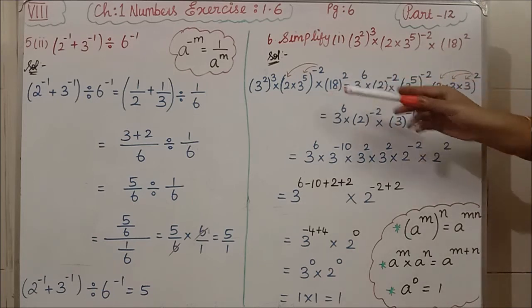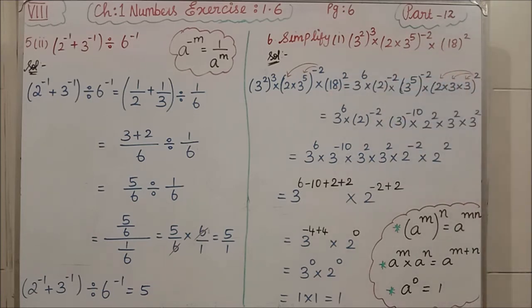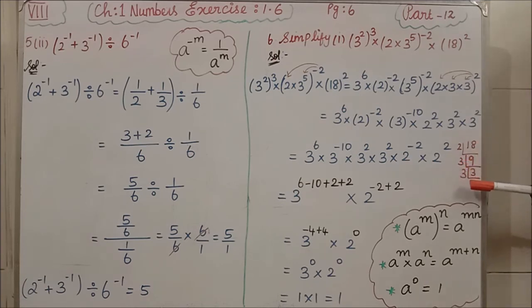Then for this 18 we are taking the LCM. Do you know the LCM for 18? What will you get? I will do and show now. See, for 18 if you take the LCM, what am I getting? 2 into 3 into 3. See how I am splitting this 18? 2 into 3 into 3. I have written it because for this 18 whole square we are having, no, that square I have written.